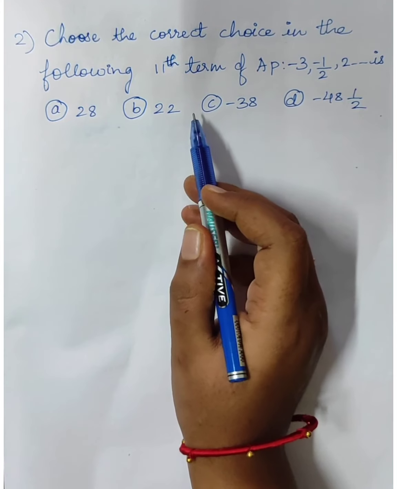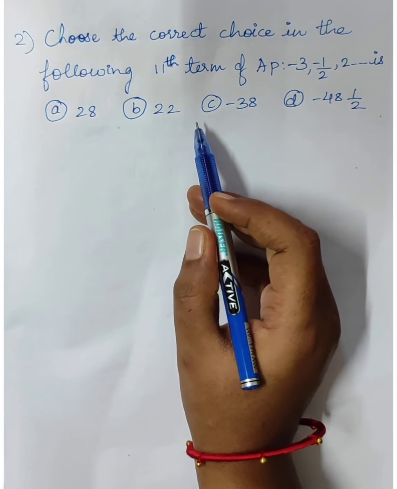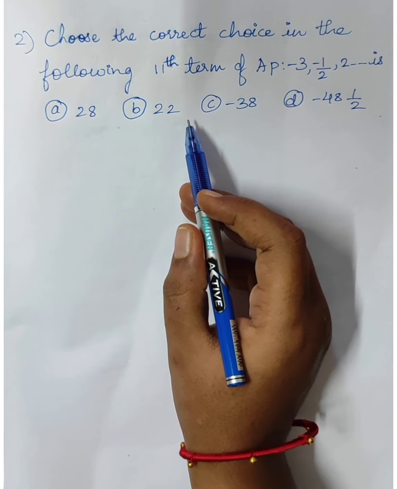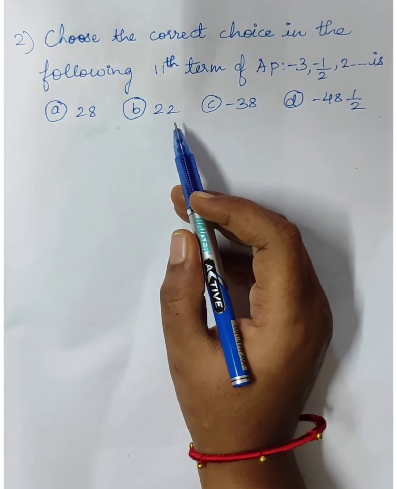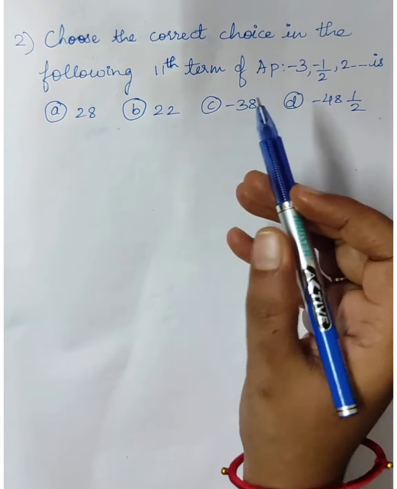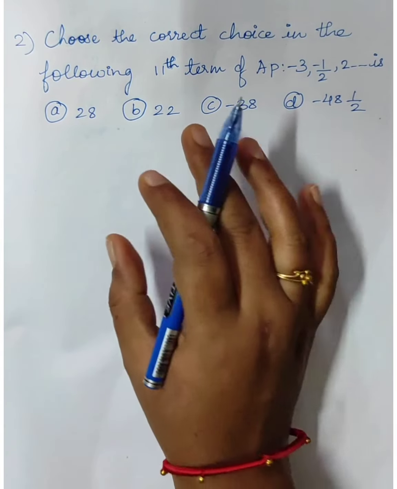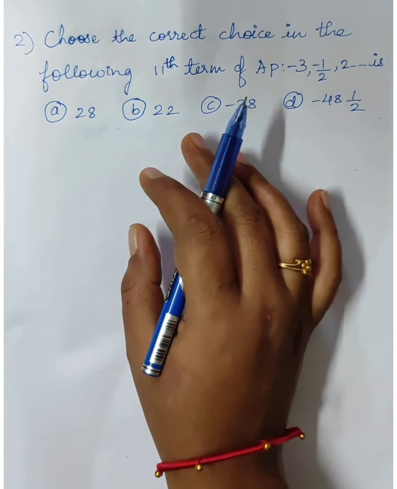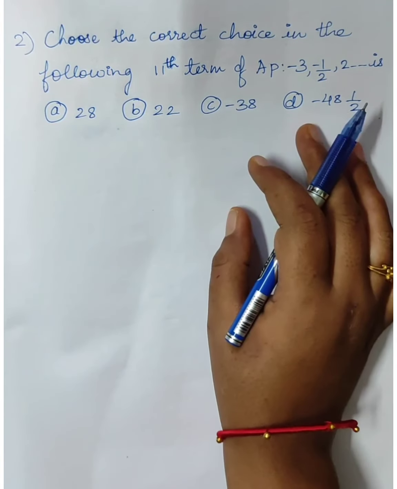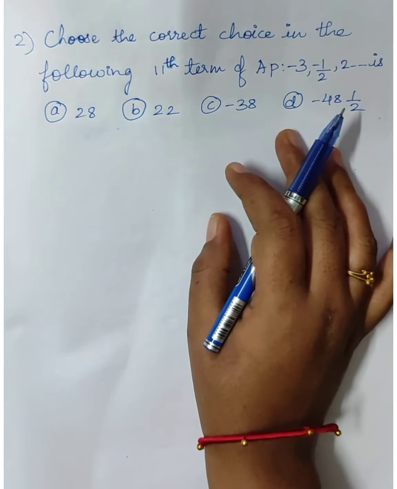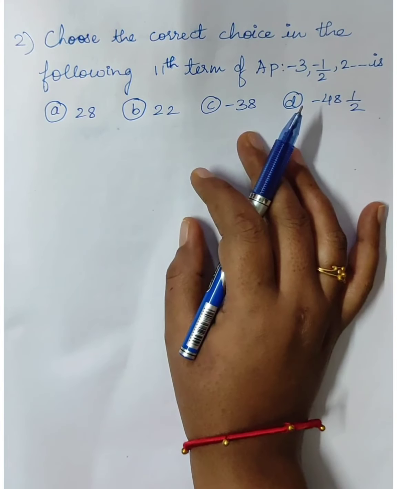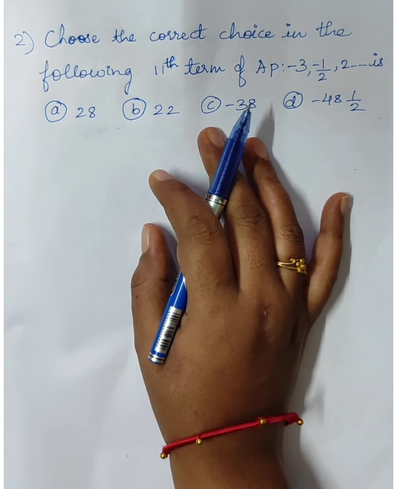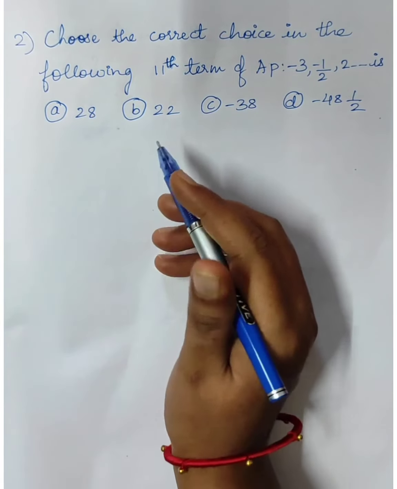Okay, so previous questions were what? The terms were given, the values were given, we applied the formula, substituted the values and got the value which was not given. But in this question, suppose such type of question is asked, so how are we going to solve? Where 4 options are given, out of these 4 options any one is correct. Okay, so how are we going to solve when such questions are asked? See, it is also very simple.